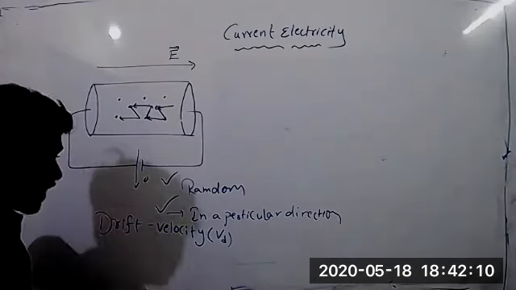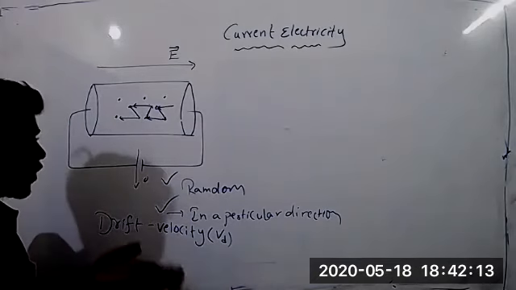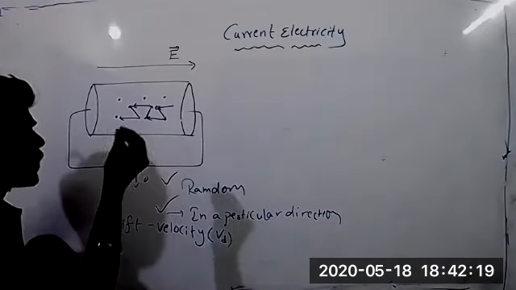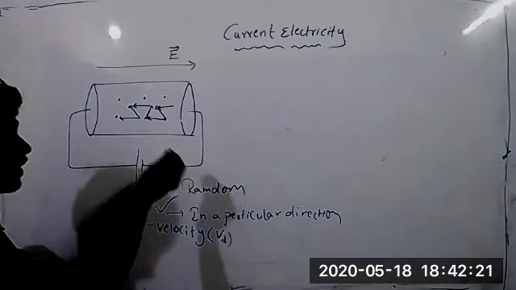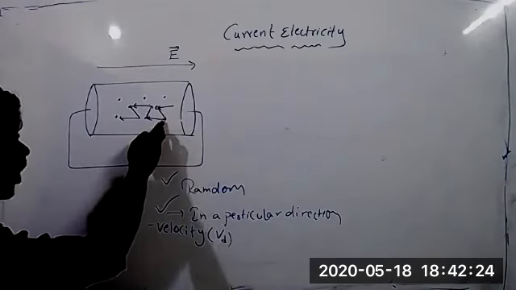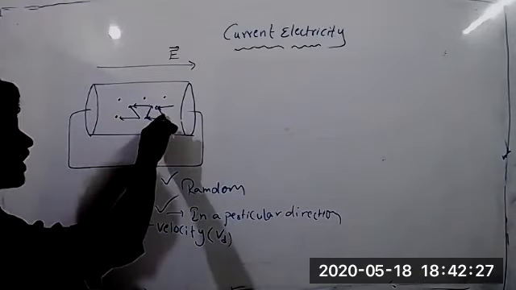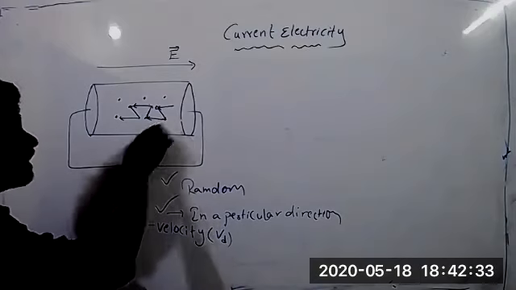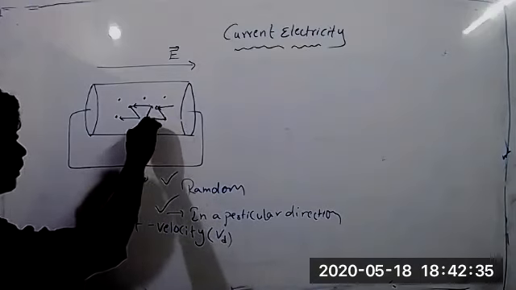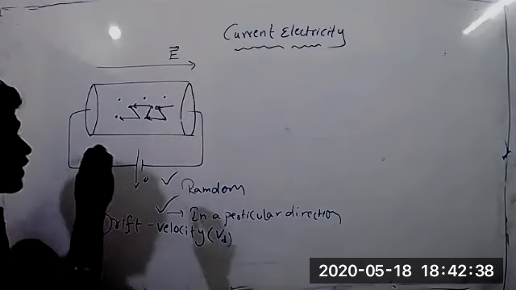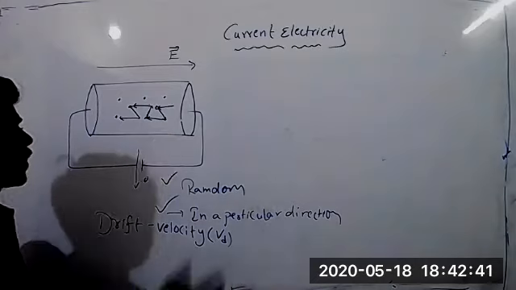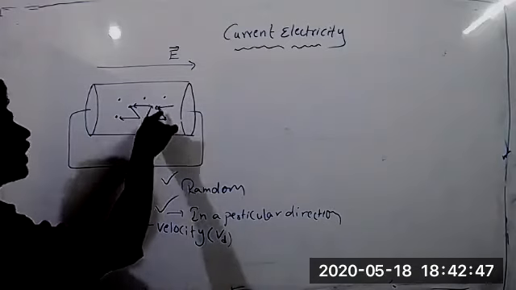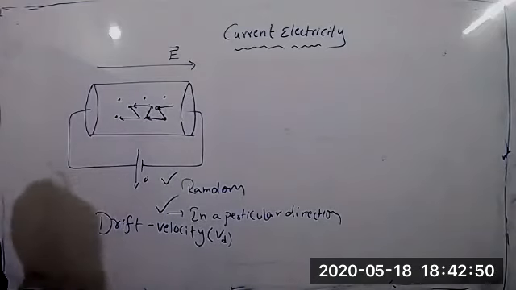So it is not accelerating, it is just getting velocity. When it loses some amount of energy, some amount of energy remains, so some velocity will be there. With that velocity, it is turning opposite to the electric field. Turning means it is drifting; in place of turning, I am using the word drifting. So it is drifting opposite to the electric field, and at that time the particle has minimum velocity. So the minimum velocity with which an electron drifts opposite to the electric field is called drift velocity.